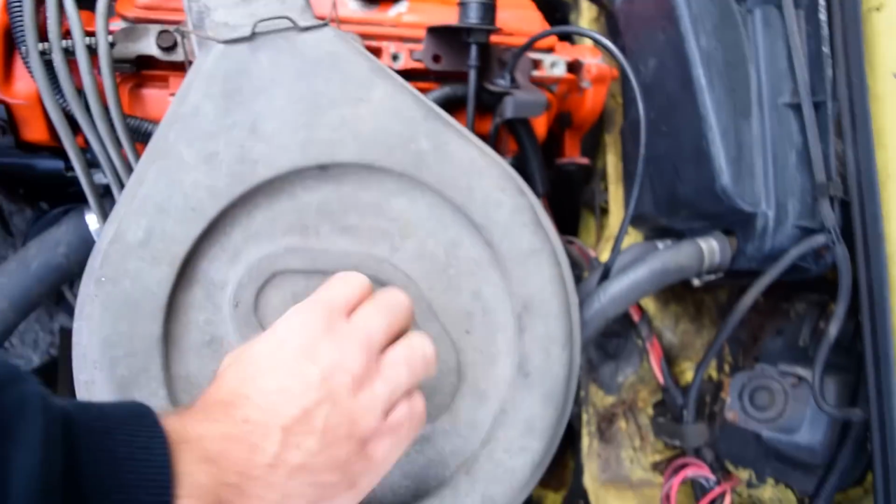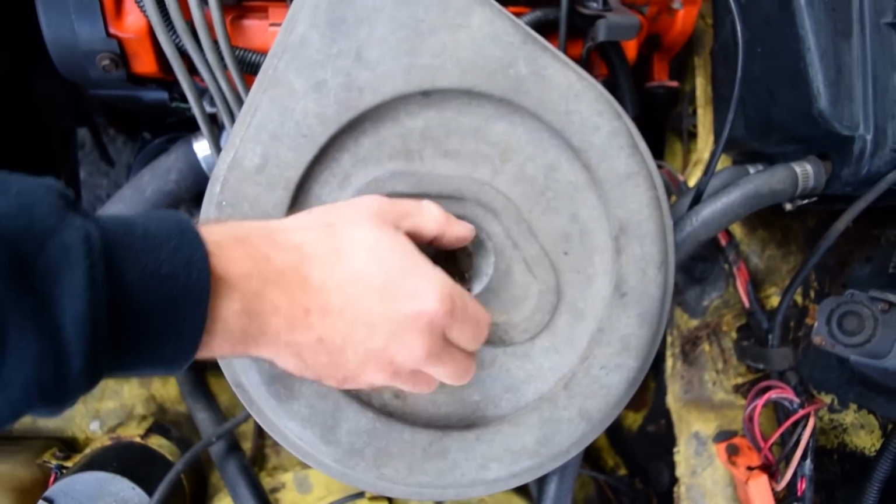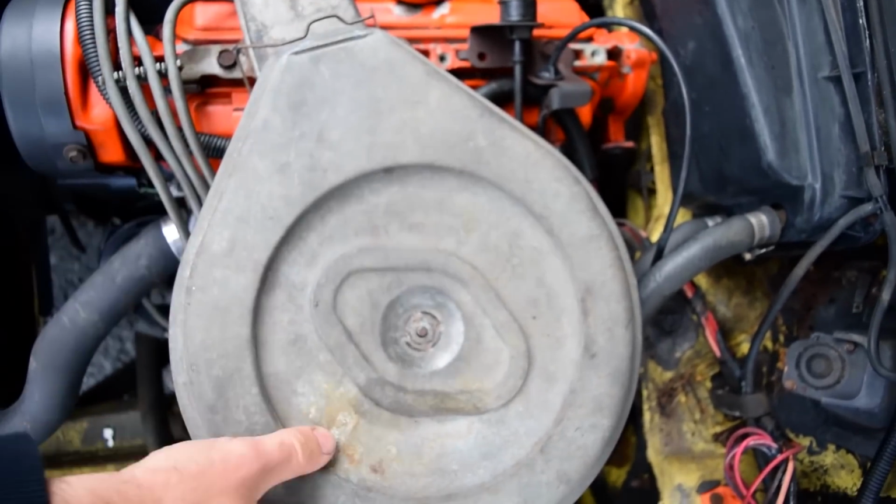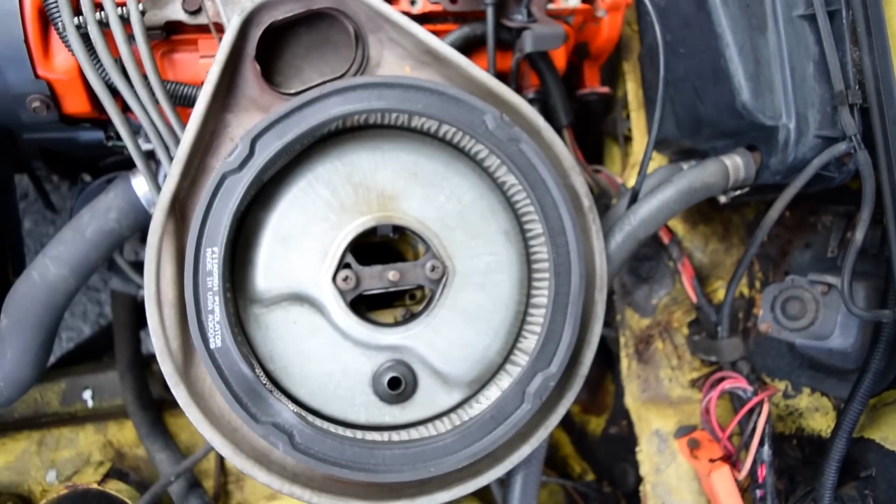Justin was able to find at a flea market some third-party air cleaner that opens up, so you can replace the air filter element. Why General Motors had an air cleaner you couldn't...